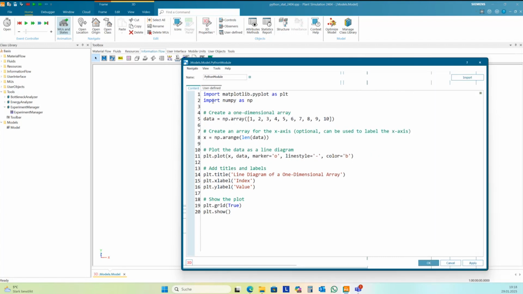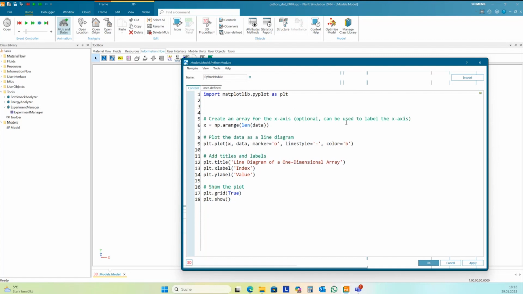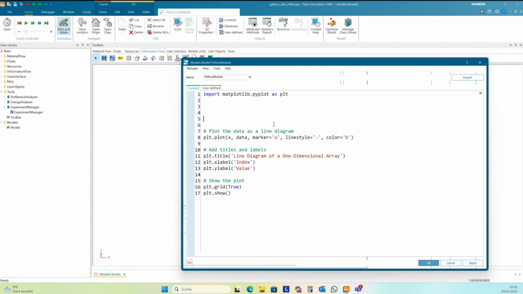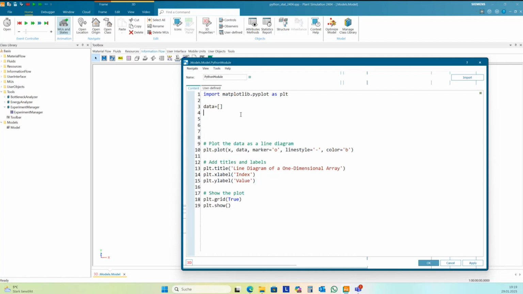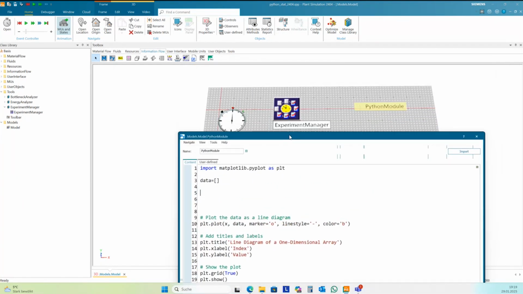Okay, I don't need NumPy here. I don't want to create data, and so I don't need this sample data here. What I need is an array in Python here, and you can make it like this one. And then I need to look, okay, what data I want to show.